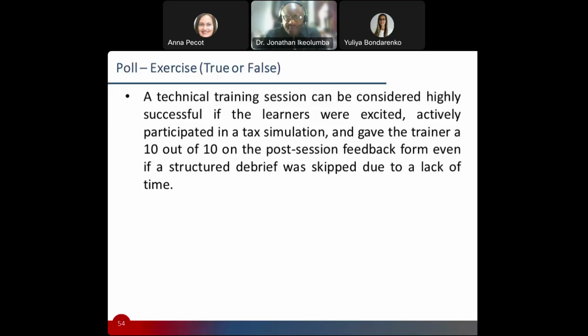So it kind of covers everything. Like, I want you to tell me what you got out of today. What difference did it make for you? And now, how are you going to continue to apply it in your work or as you move forward? So for me, that's very important. Even if I get 10 out of 10, if I can't do a debrief, then I've really missed a key piece of the training experience.